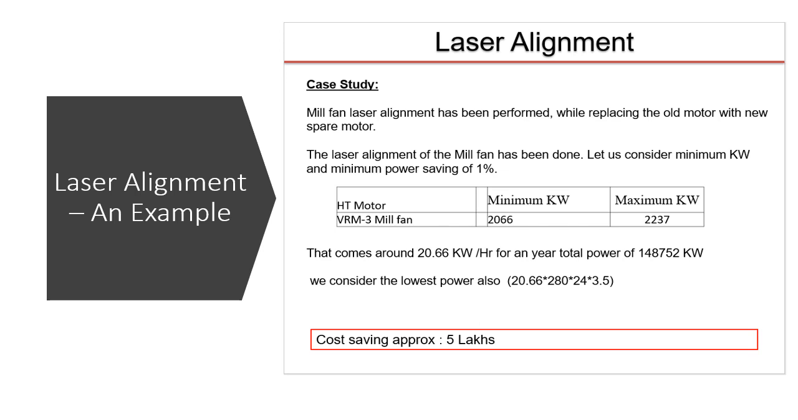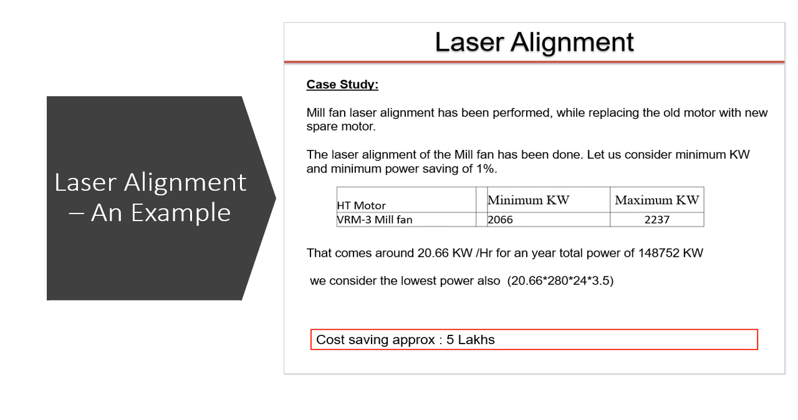With that saying, proper alignment could save your power at least a minimum of 1%, so your alignment report should have this kind of information along with savings achieved through it. In this particular case, a VRM mill fan was aligned, which was taking a minimum power of 2,206.6 kilowatt and a maximum power of